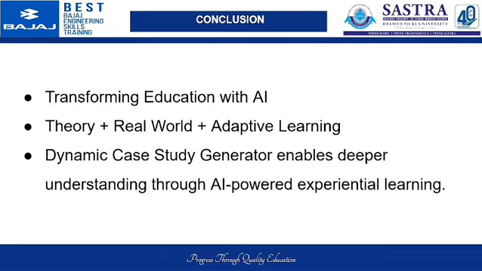In conclusion, education should not be about memorizing information. It should be about understanding the real world and solving problems. The dynamic case study generator transforms theoretical learning into real-world problem-solving experiences. By combining artificial intelligence, adaptive learning, and experiential education, we help students move beyond memorization toward deep understanding and analytical